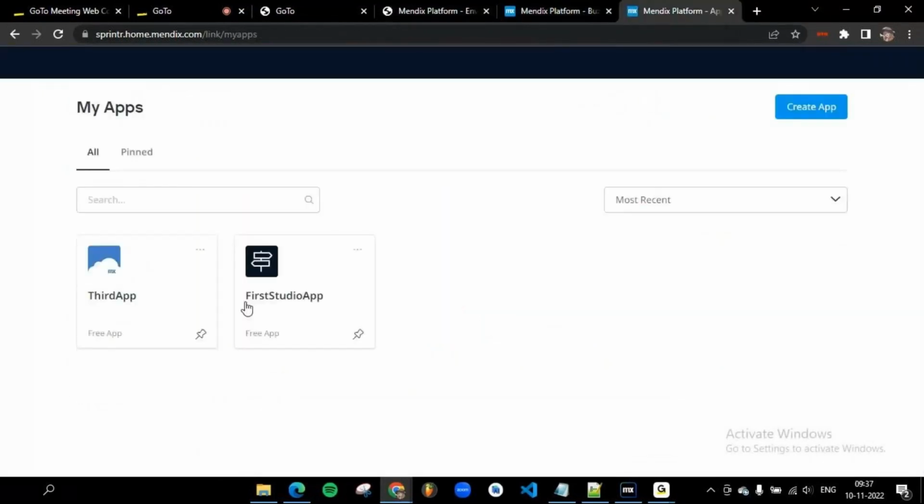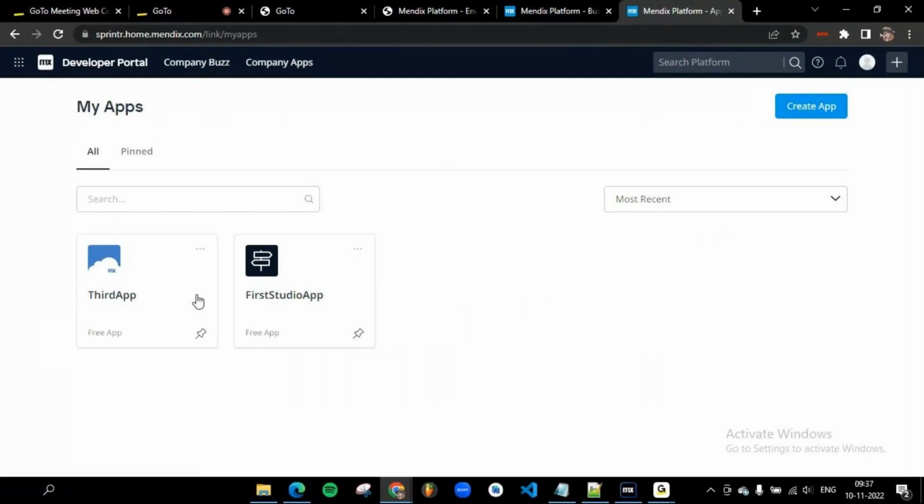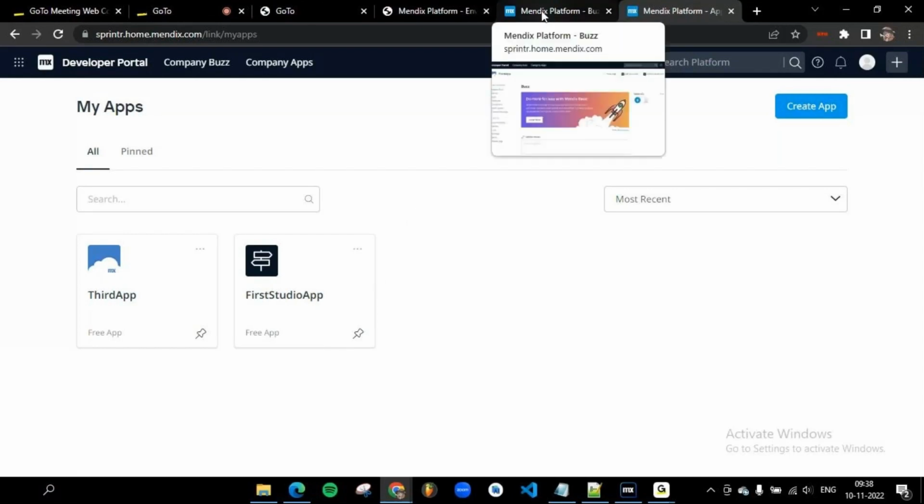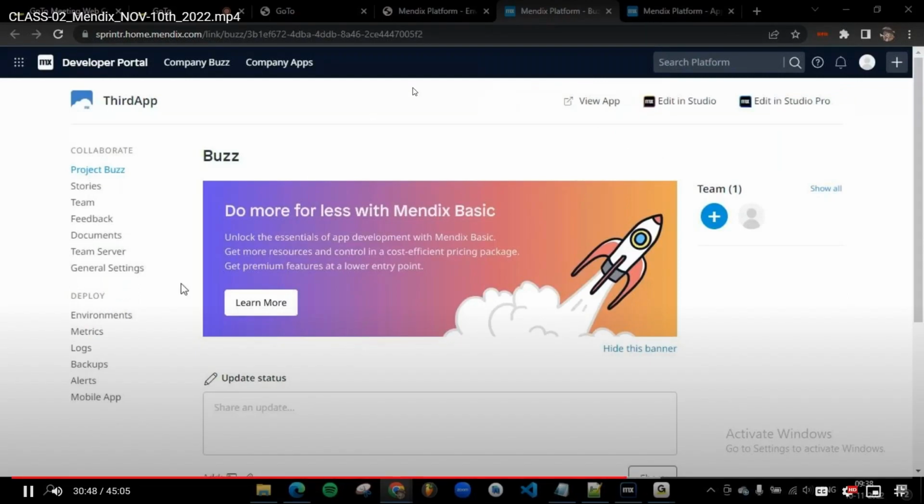Here you can see all the applications that you have access to. If someone has invited you and you have accepted the invitation, you will be able to see the tab in your dashboard like this. This is third app,